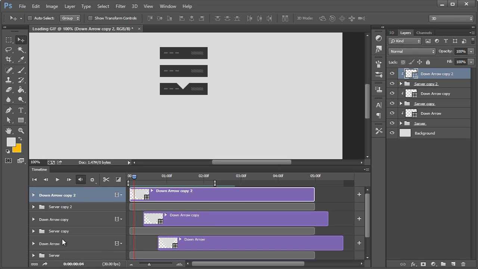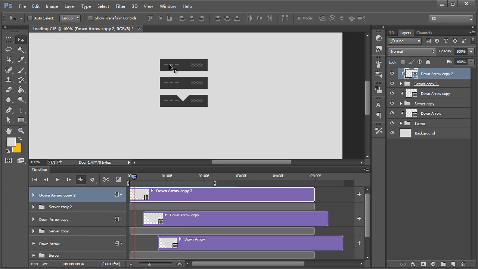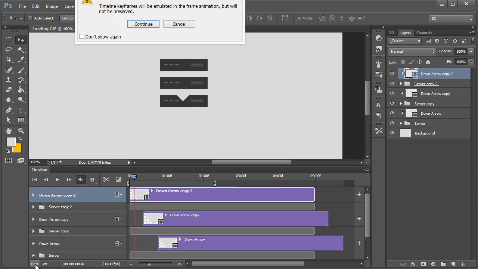Now, here's one thing to note. If you wanted to move the actual layers around, that would throw off the positions of these arrows in the animation. So to get around that, once you're certain this is what you want, I would also save this and save a backup copy just in case in the future you wanted to actually edit the animation, because once we go over here on this little icon at the bottom and